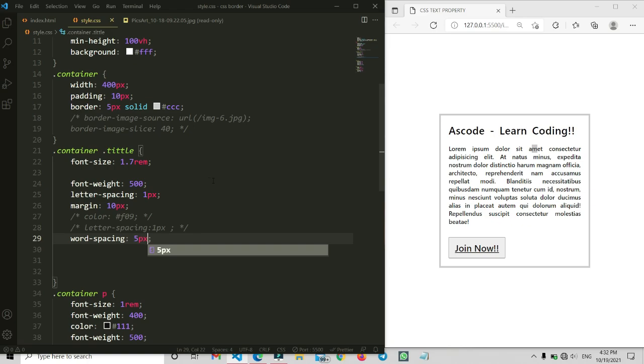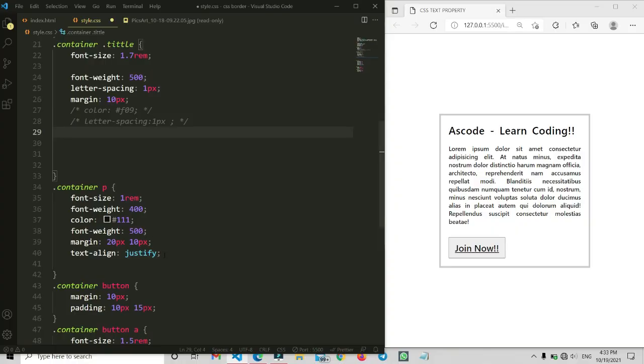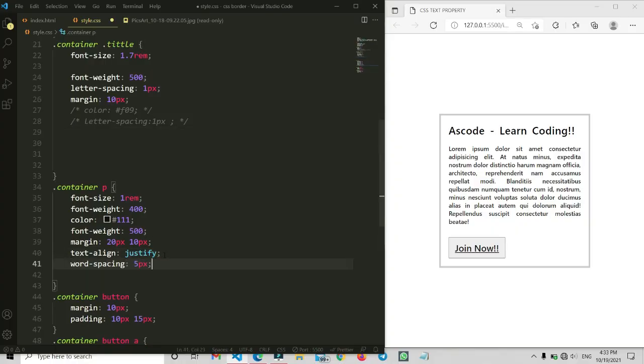Let's save this file, and you can see all of these words have got a lot of space. Sorry, this was applying to the title, but it's not showing well, so we'll apply it on the description here. Let's remove this property from here, cut it, and apply it on this p tag, that is the description. So let's paste it here,